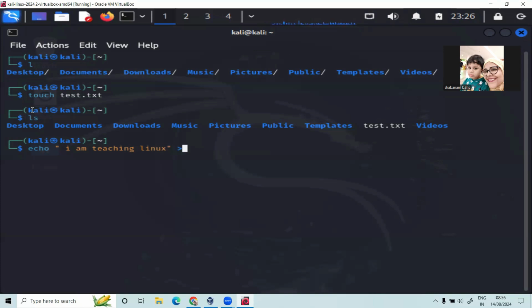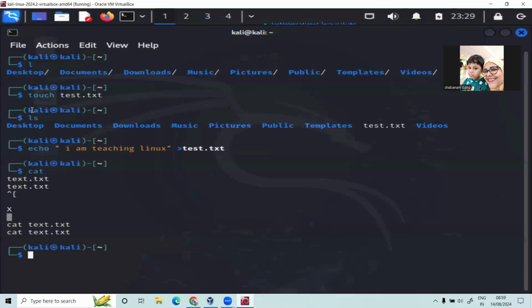Now I can redirect this data inside test.txt. If I press Control plus D, I return to the normal terminal. If I type cat test.txt, you can see the information has been fed inside the test.txt file.